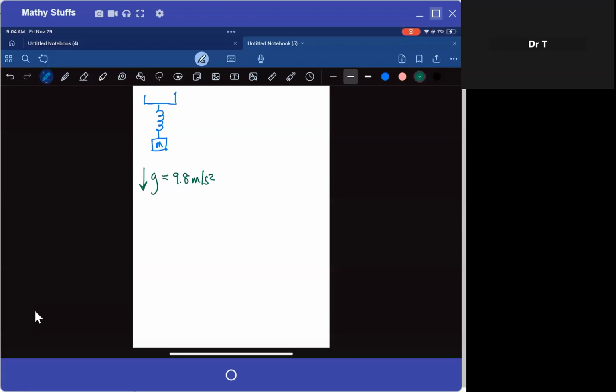So what we're going to do is take this spring and come up with an equation of motion for it. We're going to assume there's no friction on the system. That translates into no damping in the language of mass spring systems. But right now, we're going to assume that this spring,